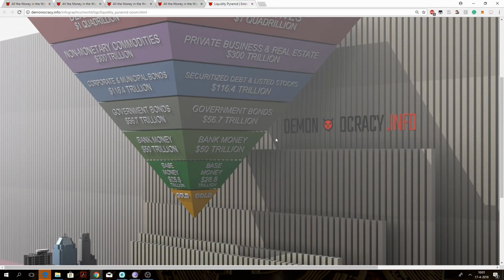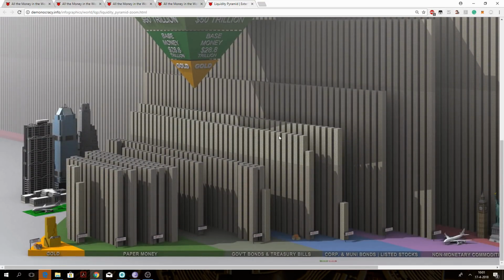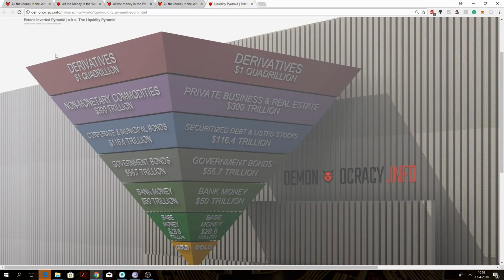I've got this chart from Demonocracy, and if you just take a quick look at this, you can see how insane the world has gone in the past 50 years. So can we really call Bitcoin a bubble when the size of it is less than an average stock market fund, ExxonMobil? I don't think so. And by just looking at this picture, you can get the idea that this could get a whole lot bigger, because derivatives are actually high risk money.